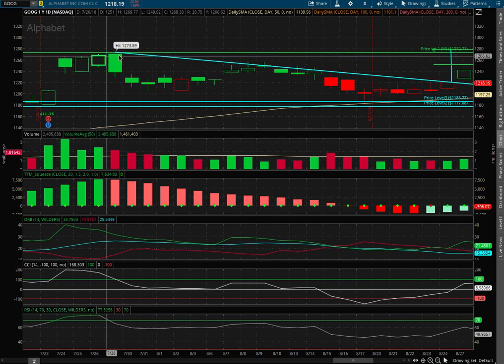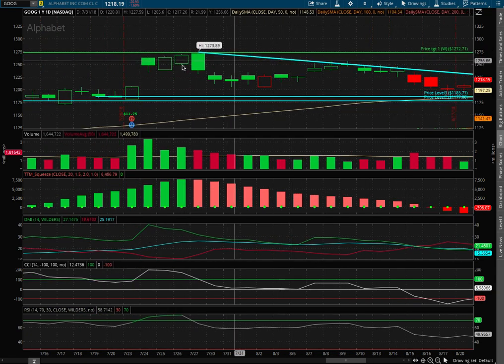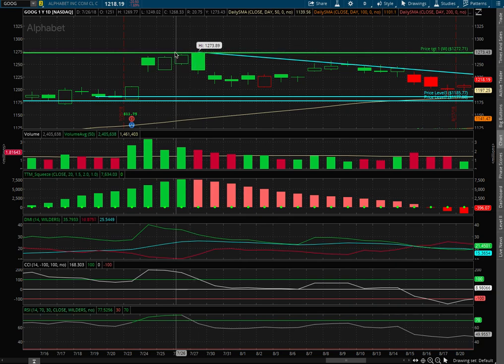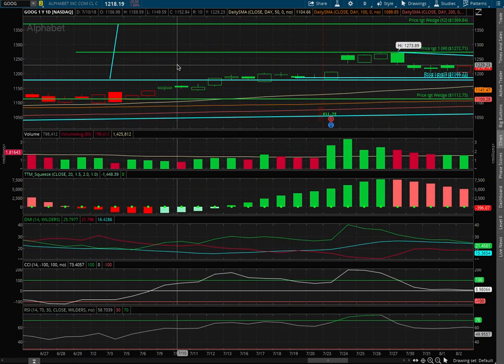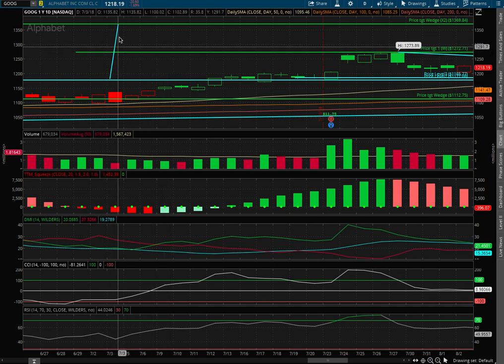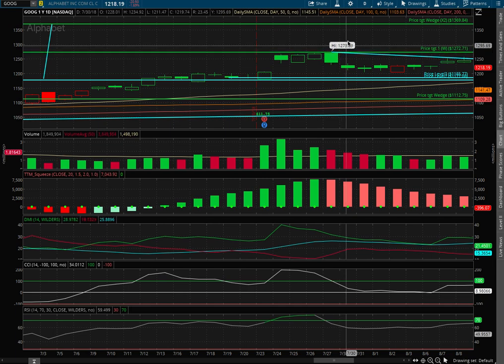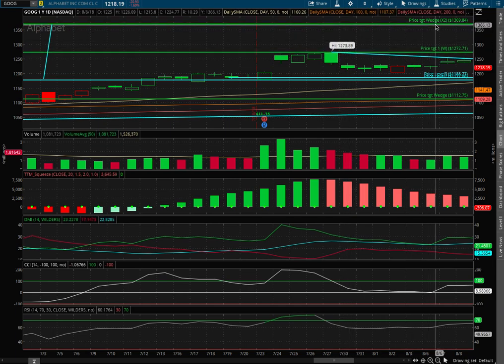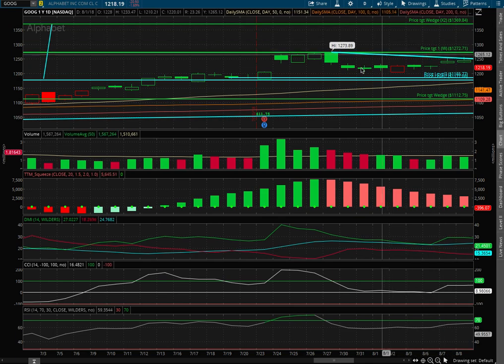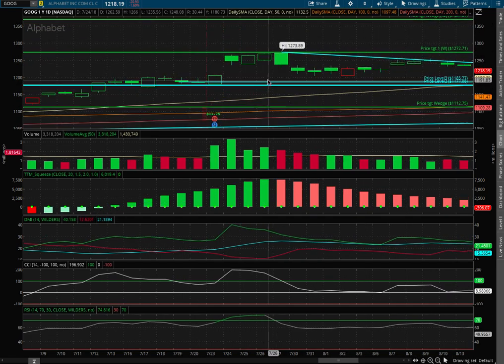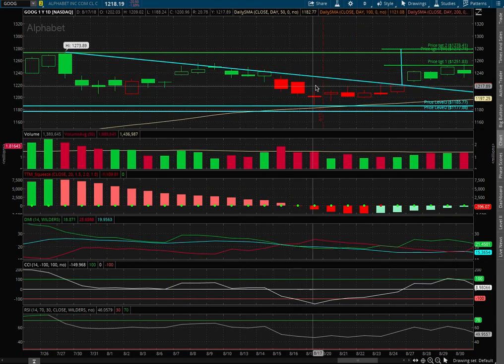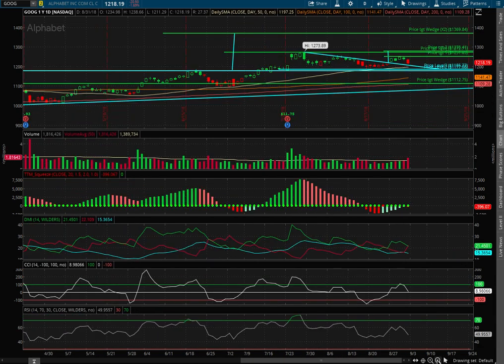So that to me is a good indication that we're going to test those previous highs, which is previous resistance, and that's 50% of my first price target on my wedge breakout. So I know that if it breaks through there and makes new highs, then my next target is the second price target. Okay. So now that I know all this information,